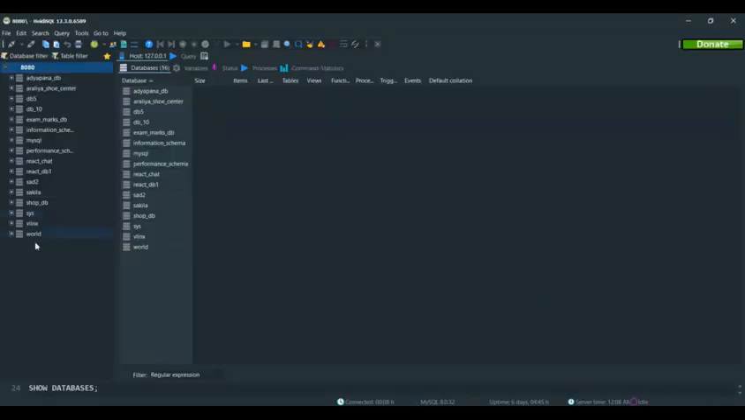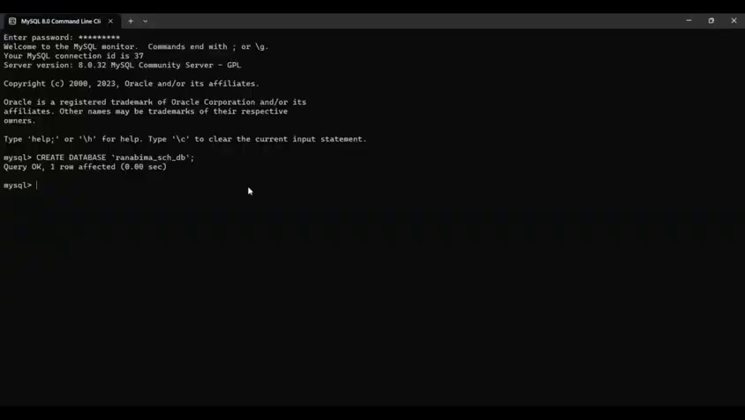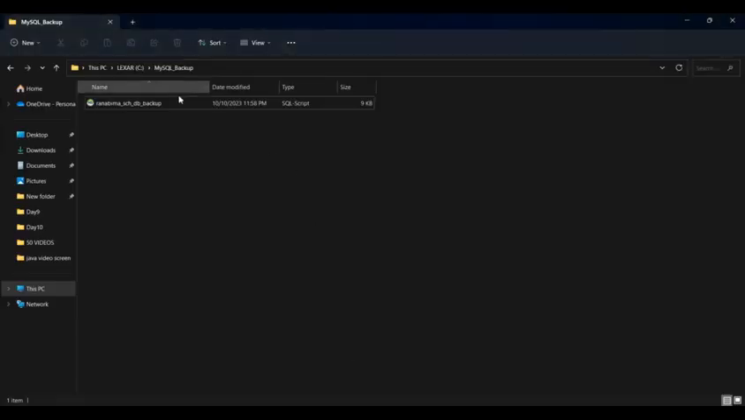So let's check out whether it has been created. So here you can see it has been created, but you can't see the tables yet. So let's look up the database that we want to restore. So here you can see the backup file. So let's get started with the